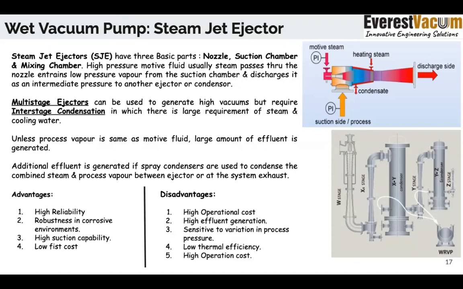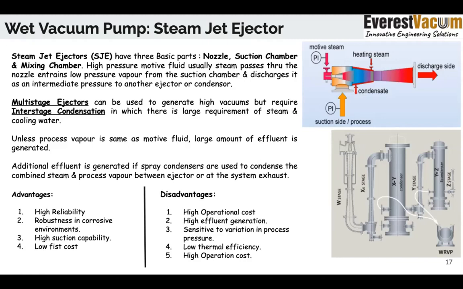Now here is a cut section of a typical steam ejector, and here, if you see, are the different stages that exist. You have a steam jet ejector which will start from W, then it will come to X, then you will have a condenser in between, then it will go to Y, and then you will have another condenser in between. And these condensers are being backed, or their vacuum is being created, by a liquid ring backup pump.